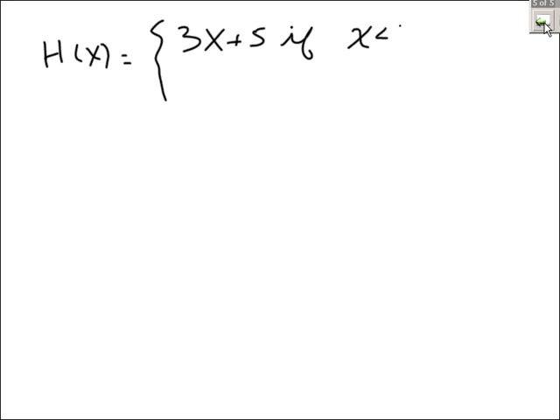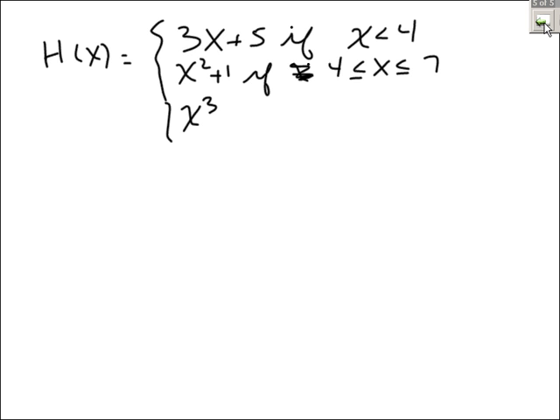How about this one? H of x is equal to the following. It equals 3x plus 5 if x is less than 4. It equals x squared plus 1 if x is in between 4 and 7, and it equals x cubed, okay, it equals x cubed, here,